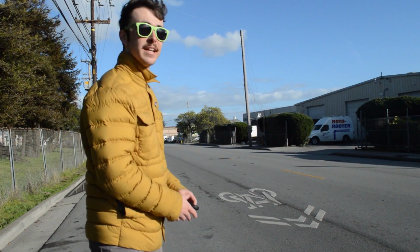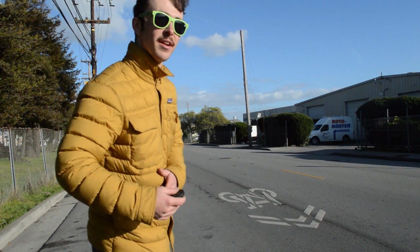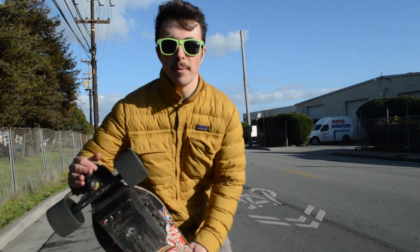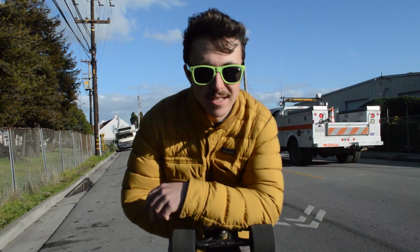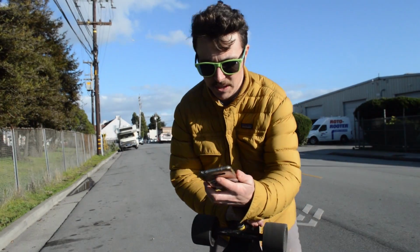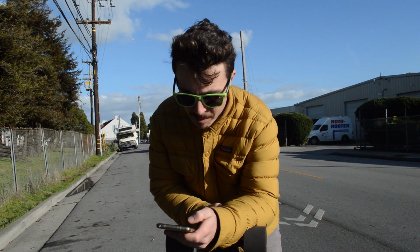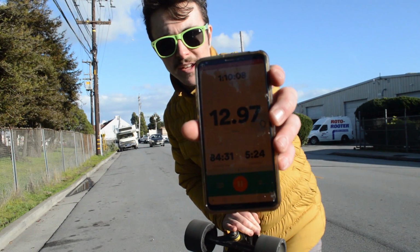Alright, well, that's it. The board has died. It definitely didn't go as far as last time, which is expected considering the amount of charge cycles the battery has done. Again, I think it's done probably about 350 charge cycles at this point, which means it's nearing the end of its life. So we're at the edge here. Anyway, let me check the stats. I had a running tracker app on, and I'll put the image on. But for right now, you can see it did